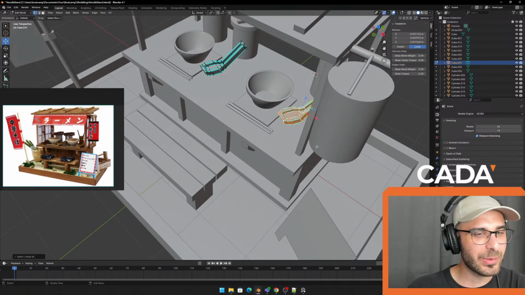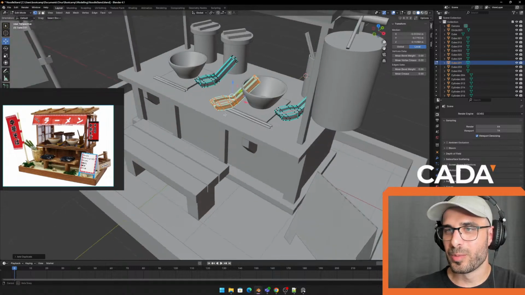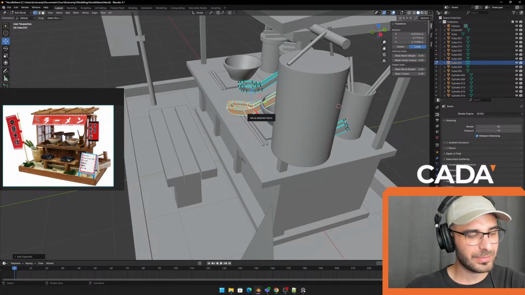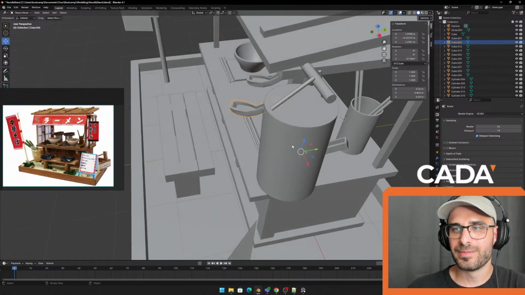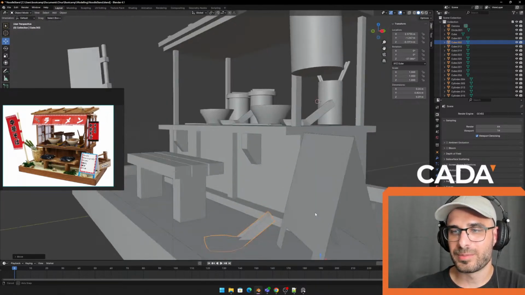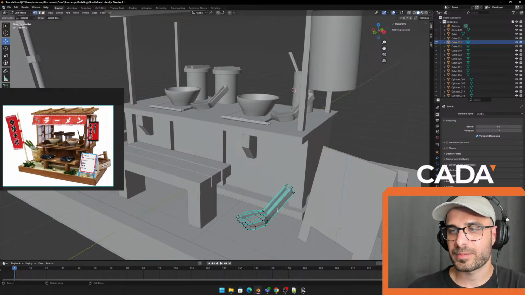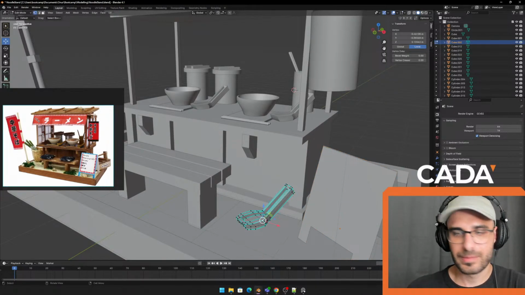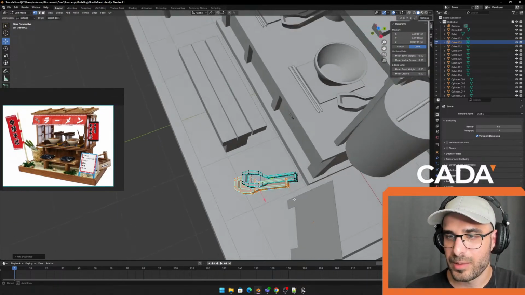Since there are no questions right now, I'll just duplicate the spoon right here and then separate it. Bring it down. It's a little bit hard without my own hotkeys, but